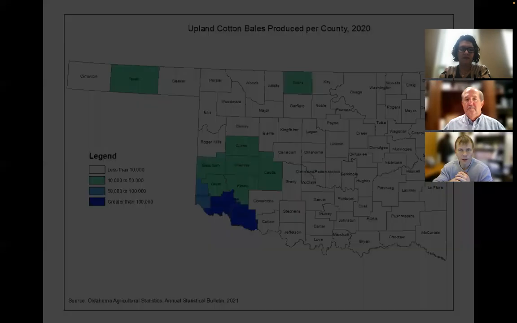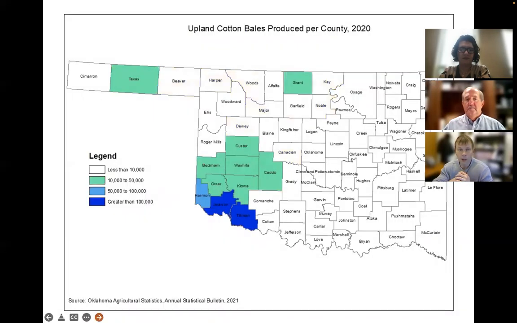Next slide. Another important ag commodity is cotton, and you can see here the cotton bales produced per county. We have a couple down there in the southwest corner that have quite a few cotton bales produced. And if you think about what's there in Tillman and Harmon counties, those are pretty rural counties. I know maybe 5,000 total people in the entire county, and they produce a lot of cotton. And so they're very much dependent on that. Again, most of this activity is geared towards the west, so that will continue to be an important commodity for a lot of these counties that you see here.